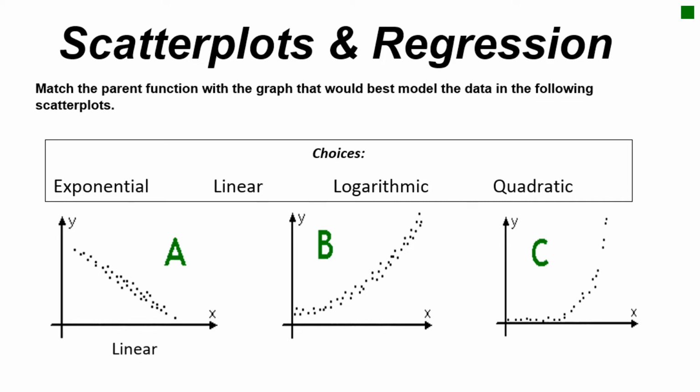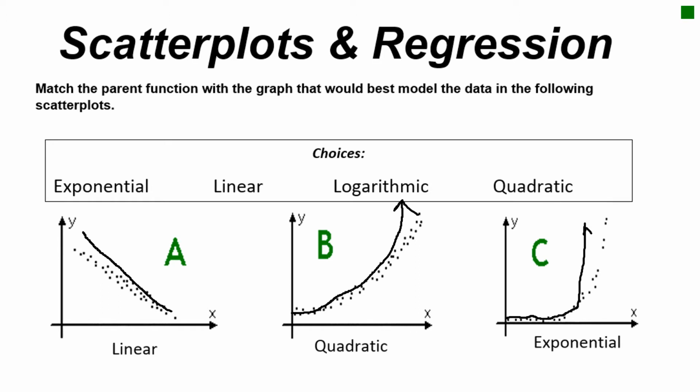This one follows a linear pattern. What you notice is it's going down from left to right. The next one is following a quadratic model. We can see it curve and follow that quadratic model. The last one follows an exponential model. Notice how this flat lines a little bit here at the bottom and then it spikes up here. Okay, so my graph may be off just a tad bit, but you can see the difference between the exponential